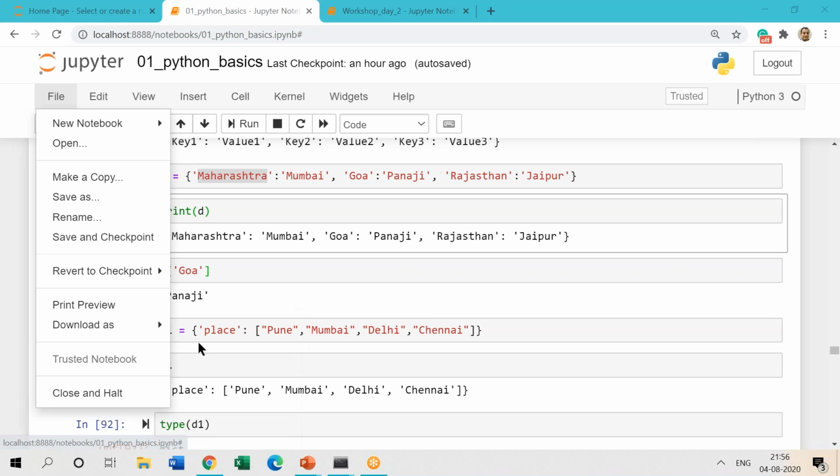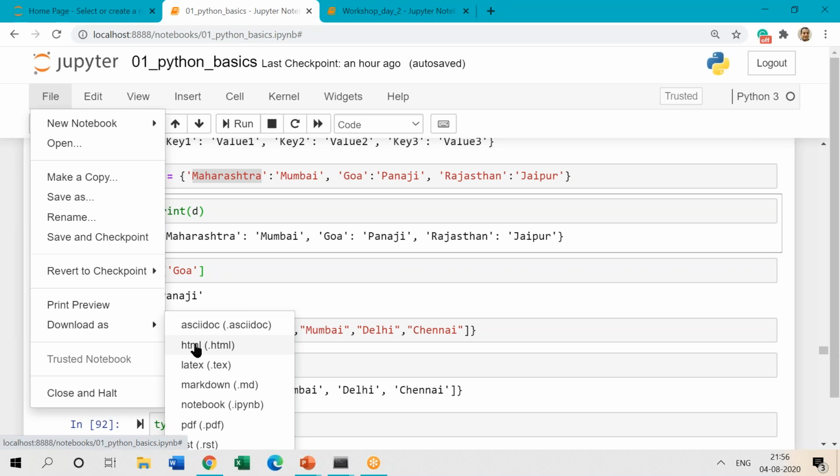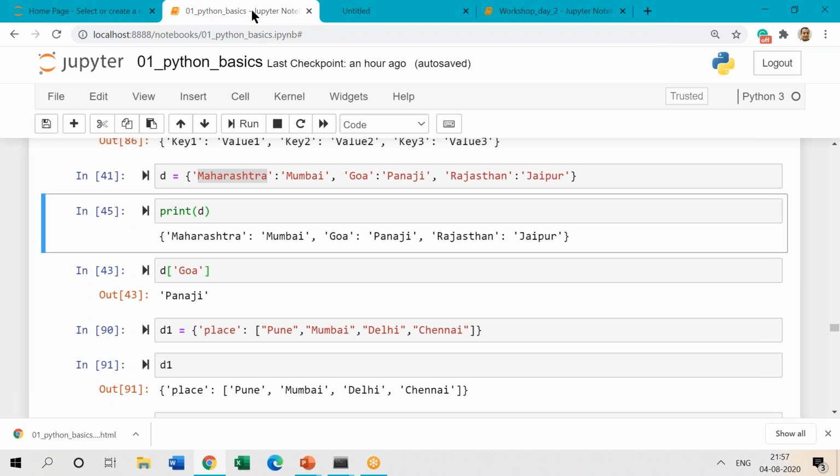File, download as HTML. This entire thing will get downloaded as an HTML file, and then I can send it to my client. The client can quickly open that in a browser. The same thing will be visible to the client in a browser with all the outcomes, but the client need not have the data file. The client need not run a single line of syntax. So here, if I open this file,